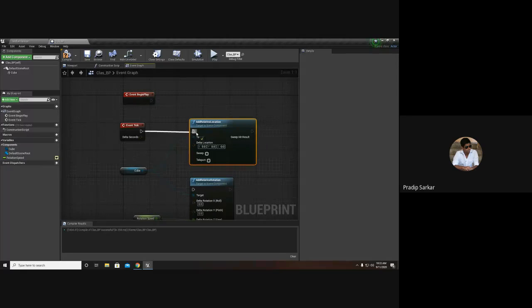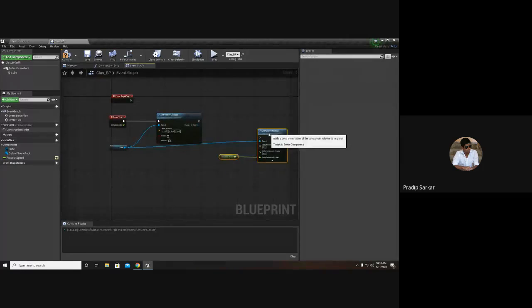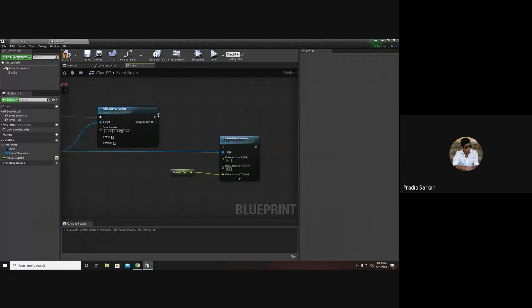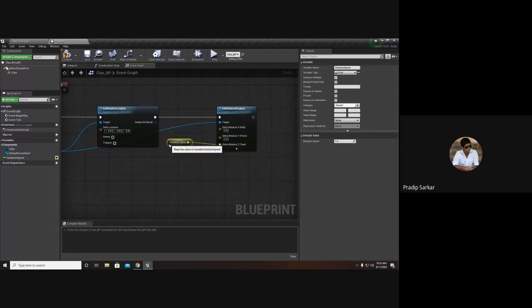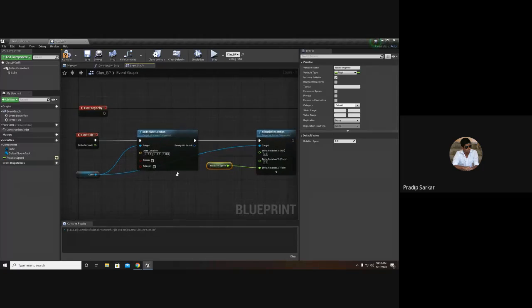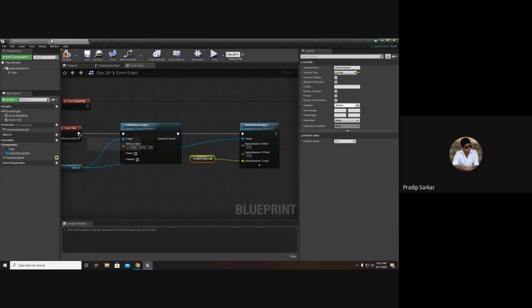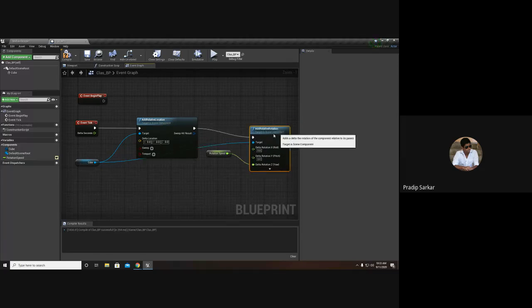So first I will attach it to the Add Relative Location. From the Add Relative Location, I first have to set the location, then I will set the rotation. So this is the power of blueprints. All I have to do is connect the nodes.